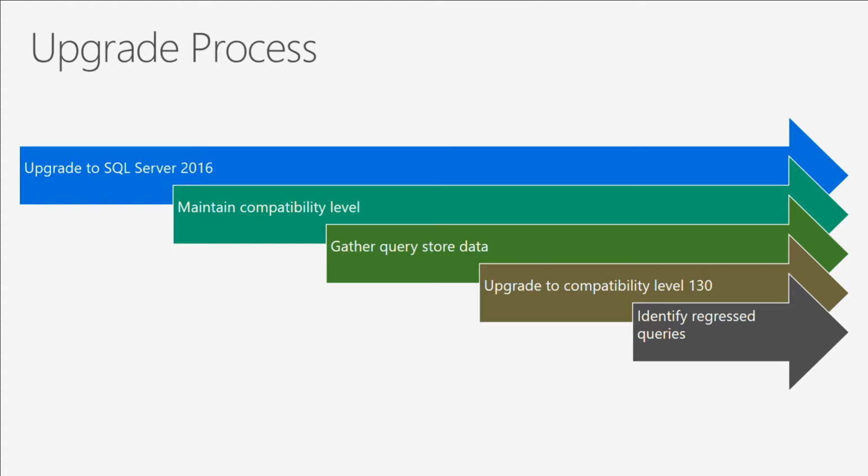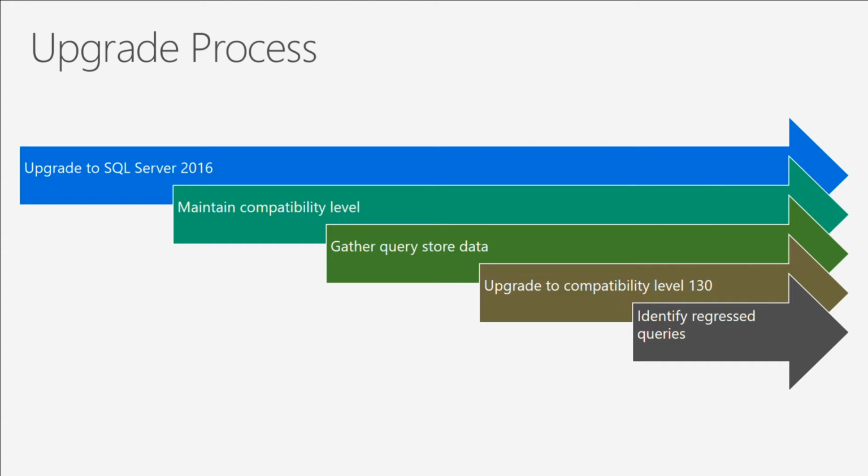But once you do that, you can identify regressed queries. When you identify a regressed query, because the execution plan changed, since you were running in that older compatibility level, you'll have that older execution plan in the query store. One of the best features of the query store is that you can force an execution plan. So you can say, I want to run this execution plan for this query. That gets honored across reboots, and across database server moves,